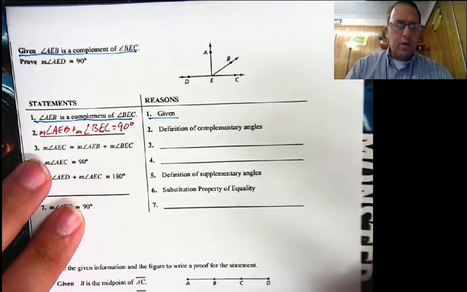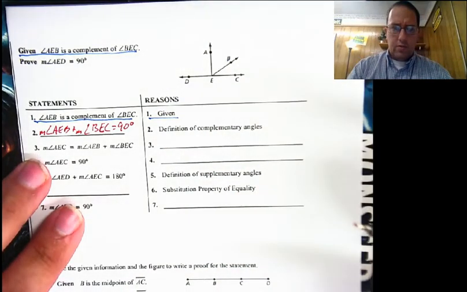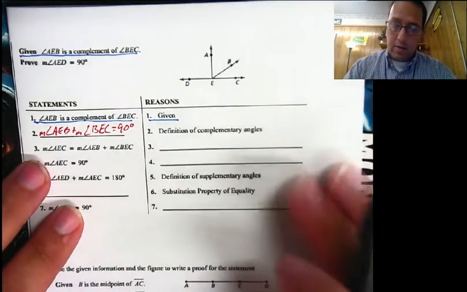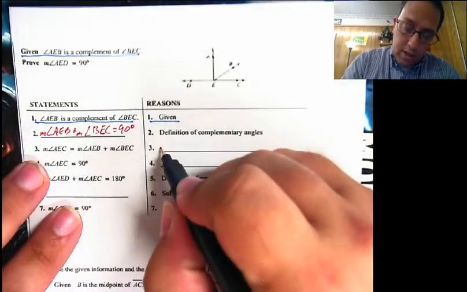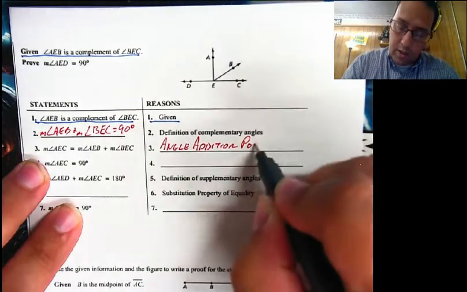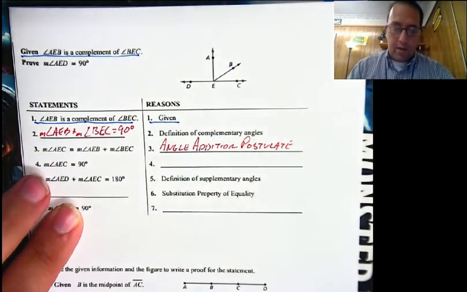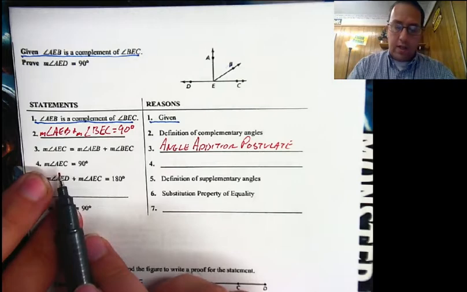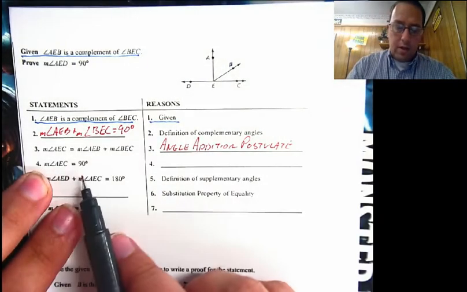What is it that says you're going to add two adjacent angles to each other? Angle addition postulate. Well, segment addition postulate we were using a minute ago, right? So this is the angle addition postulate. And now they're telling us that the measure of angle AEC, this big angle there, is 90